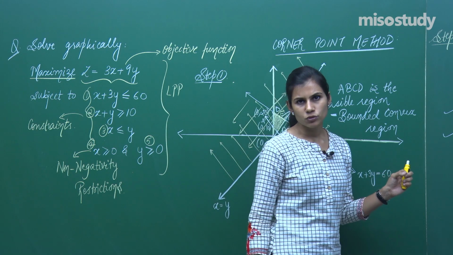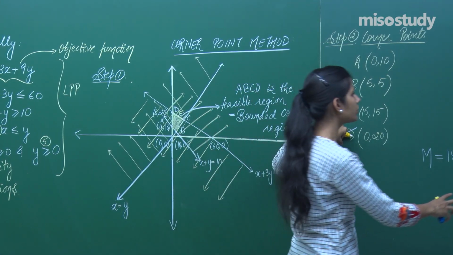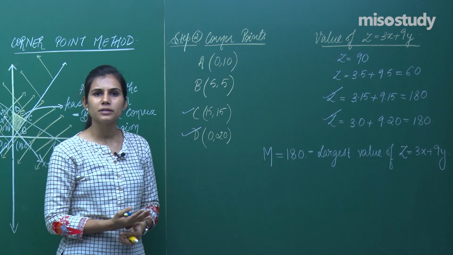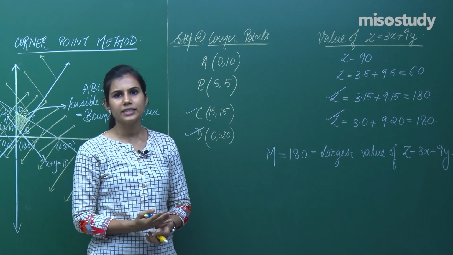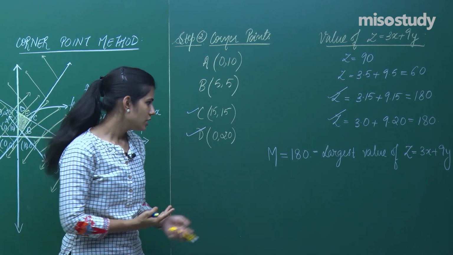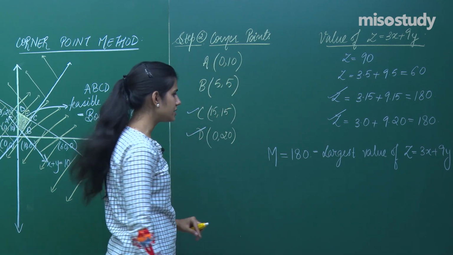Many times students commit this mistake: just because they see these 2 points delivering the maximum value of z, they say that this LPP has 2 optimal feasible solutions, one is 15, 15 and one is 0, 20, but that's wrong. That is utterly wrong. So capital M is 180, which is the largest or maximum value of z,